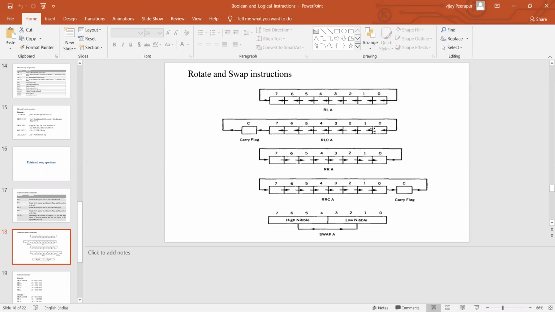And each of the bits is shifted to the left by 1 bit position. So the 0th bit will become the first bit, the first bit will become the second bit, and similarly the 6th bit will become the 7th bit, and the most significant bit, the 7th bit, will become the carry bit here. We'll do that.